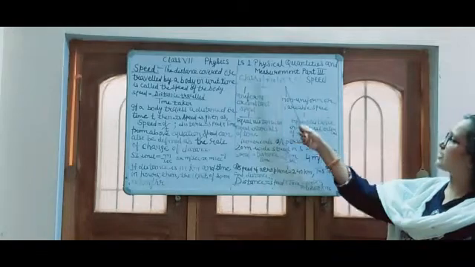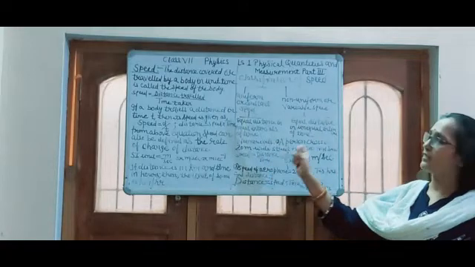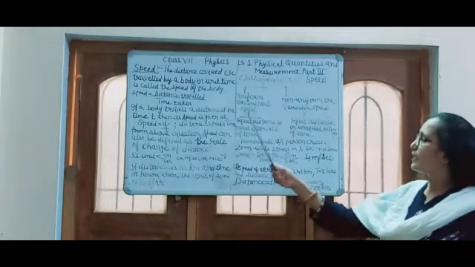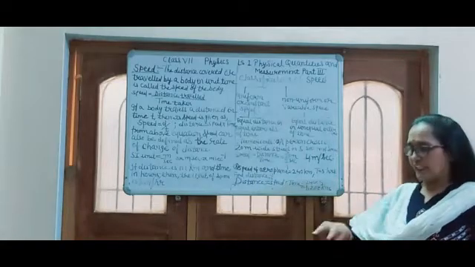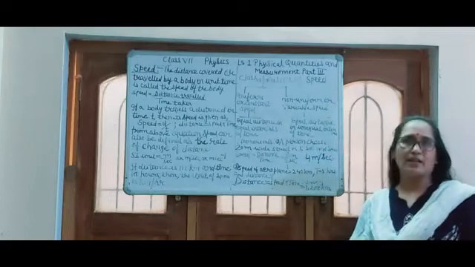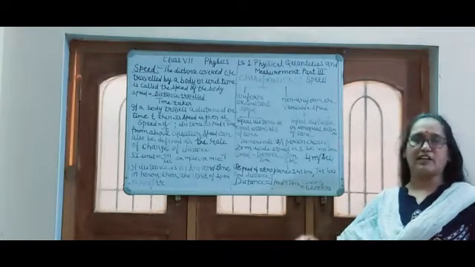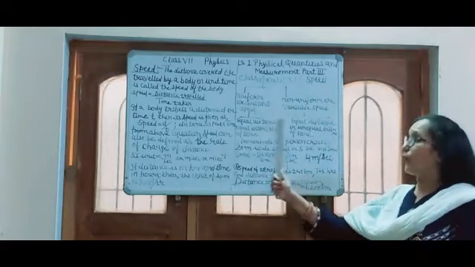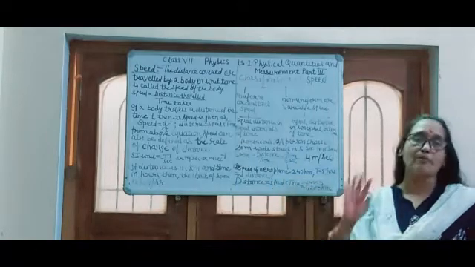Now students, classification of speed. Speed is classified into uniform or constant speed, and non-uniform or variable speed. What is uniform speed? Equal distance in an equal interval of time. When a body covers equal distance in equal intervals of time. Example, a car travels 100 km in 1 hour. In the second hour, it covered 200 km. In the third hour, it covered 300 km. It means equal distance in equal interval of time. We can say the car is moving with a uniform speed.